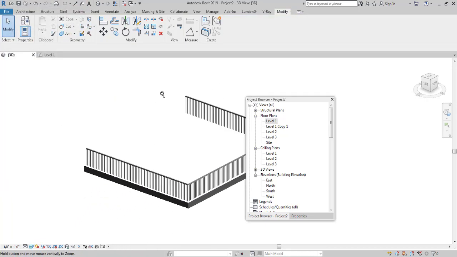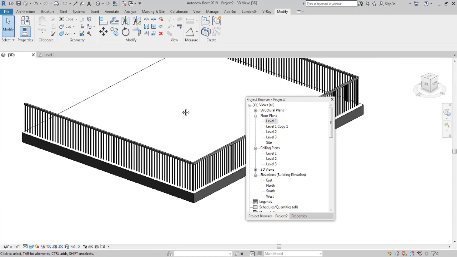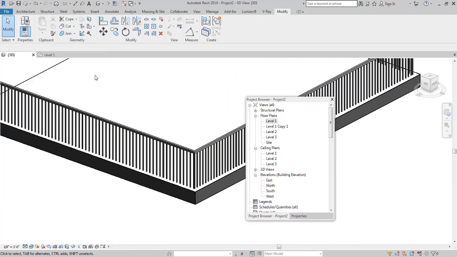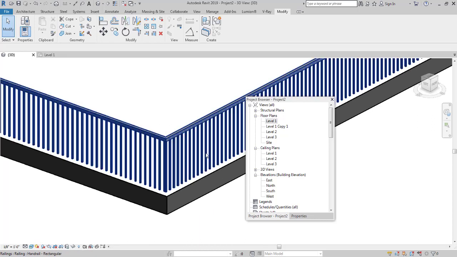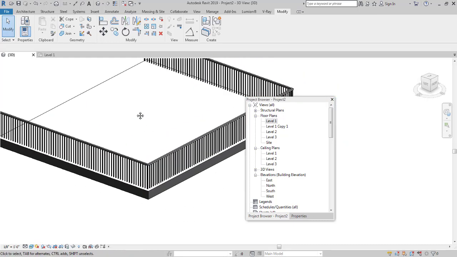So now that we've added the railings, I would like to get across some important terminology. This top horizontal beam or element that you guys are seeing, this is what you call the railing, and these vertical columns that you guys can see, these are called the balusters. Just some common terminology that I wanted to get across.